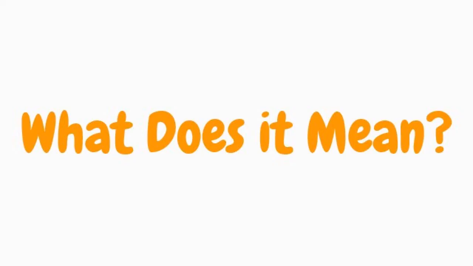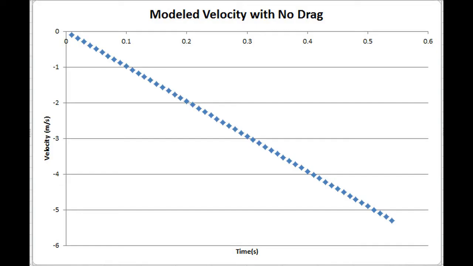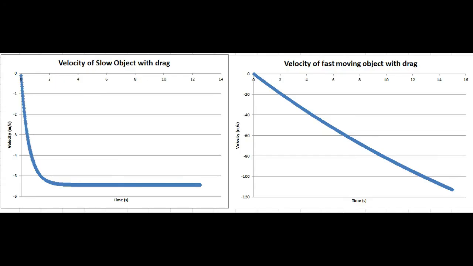So what does it mean? Using the models described above, I found velocity data for the drops. With no drag, velocity on a dropped object will increase at a constant rate. With drag, velocity increases, but is opposed by drag, and the acceleration is therefore not constant. The fast-falling object reaches 116 meters per second, while the slow-moving object only reaches a speed of